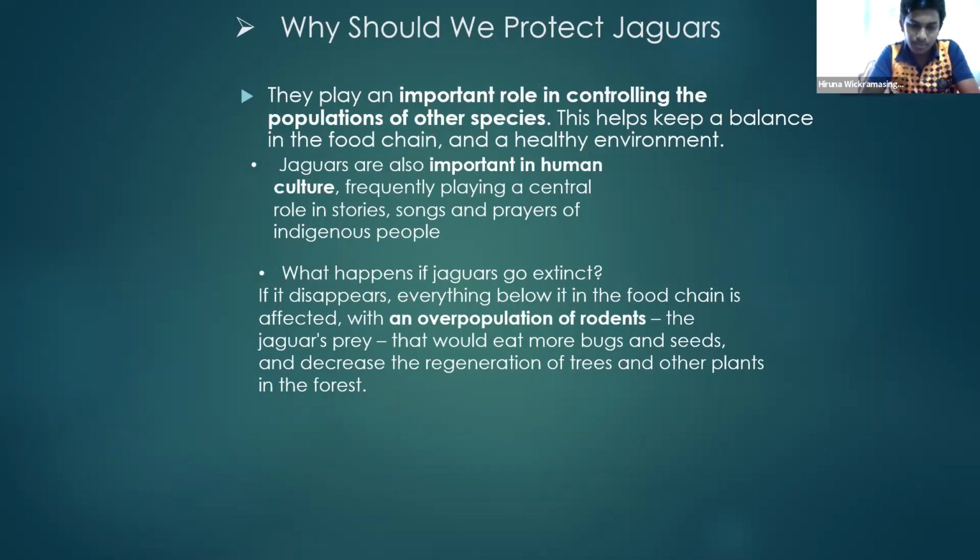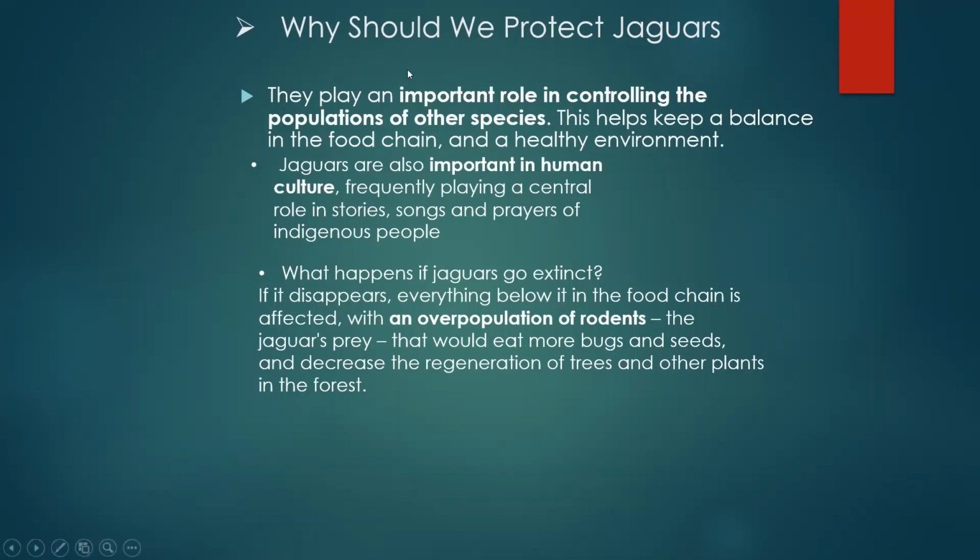So do we use real jaguars in movies and films? Sometimes. Okay, yeah. Only